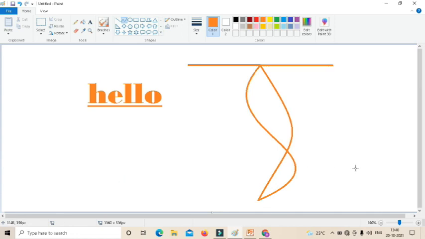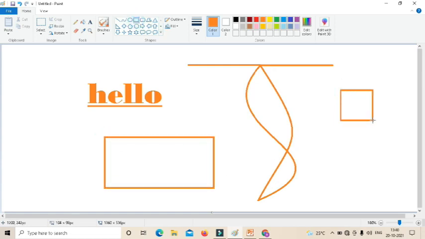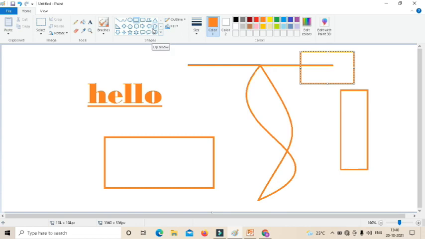So next is the rectangle tool. The rectangle tool is used to draw rectangles of any size. We can draw small, long, short, any rectangle using this tool. And next is polygon. What do you mean by polygon? Polygon means shapes having many sides.